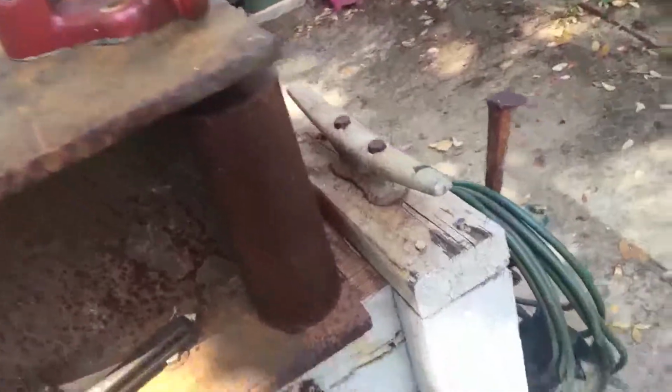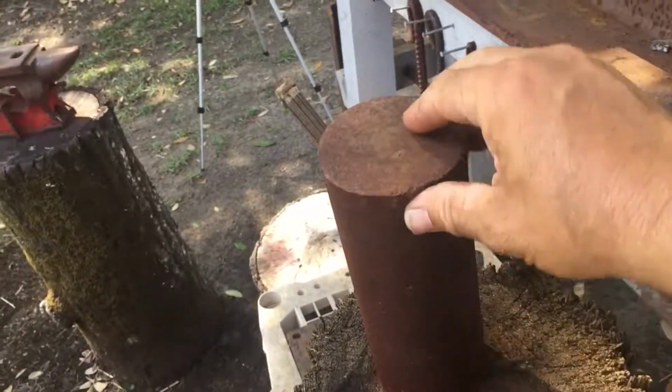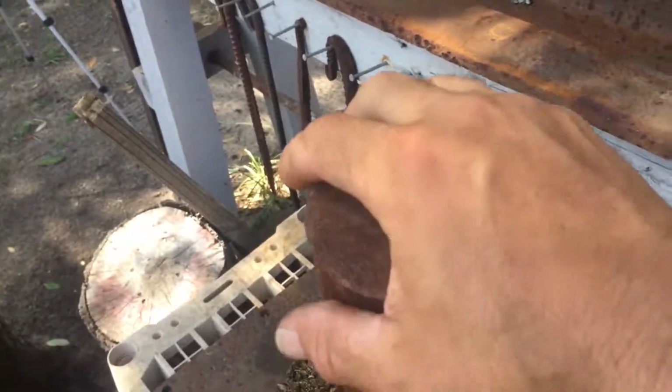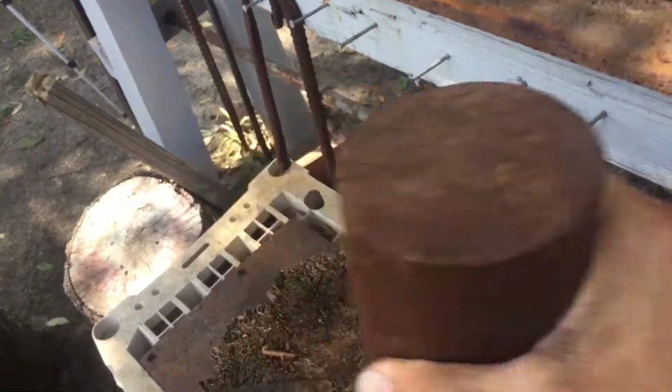Another anvil I have was this piece of hunk. It's probably one of my second pieces of hunk of steel to actually use for a while. As you can tell, it's kind of mushroomed out, so it serves as a good little knife making anvil. All I did was clamp it down in that vise over there, and it worked out for a little bit until I was able to come across